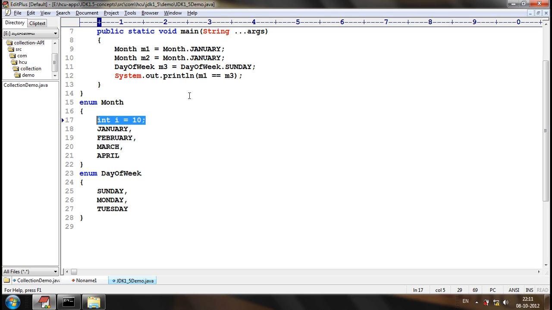For any enum, first all the enum constants should be defined, and only after defining all the enum constants should the remaining members be defined.